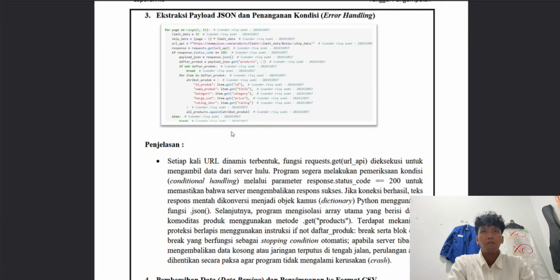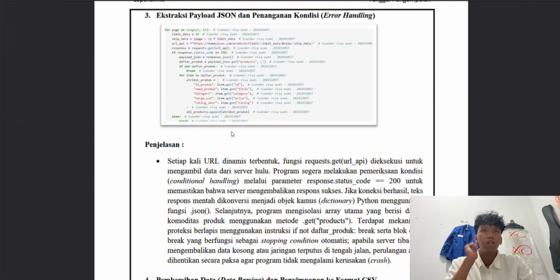The third stage focuses on JSON payload extraction and error handling. Every time a dynamic URL is successfully generated inside the loop, the requests.get call is executed to fetch data from the API server.